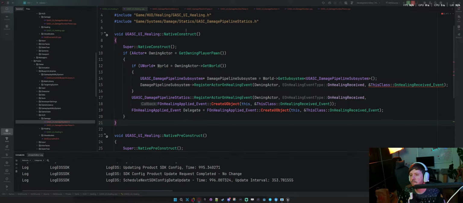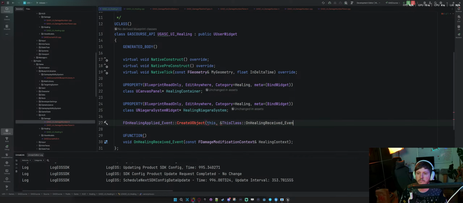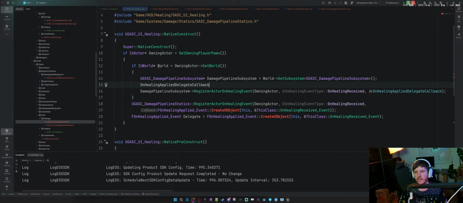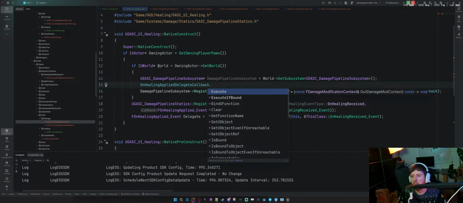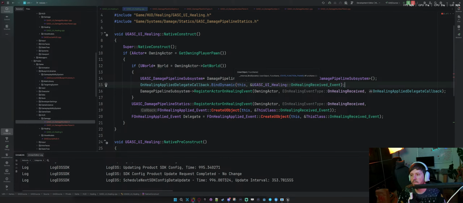Unless I say this. Then, how do I kind of link this? Then I say something like dot bind dynamic. Maybe I could do something like that.